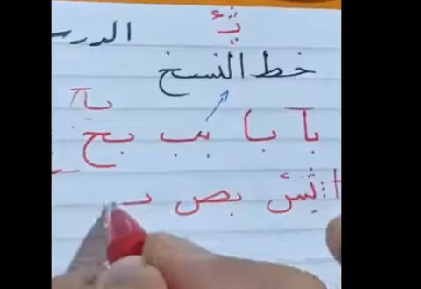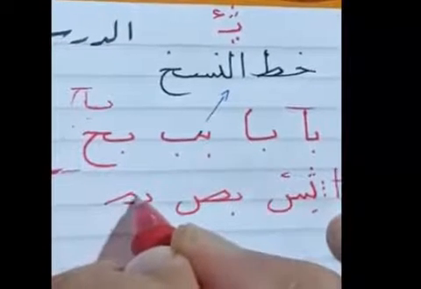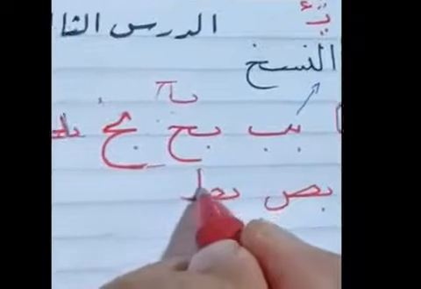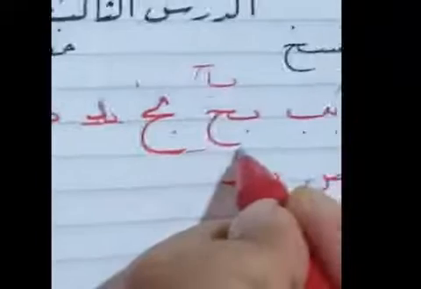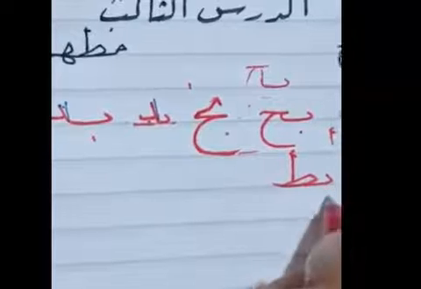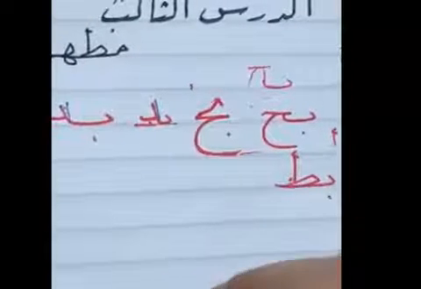I make the noon here. Ba with the ta, a long side, a small side, an obtuse angle. I put the alif in the first third. And don't forget the hilya, the decoration on top of the alif.